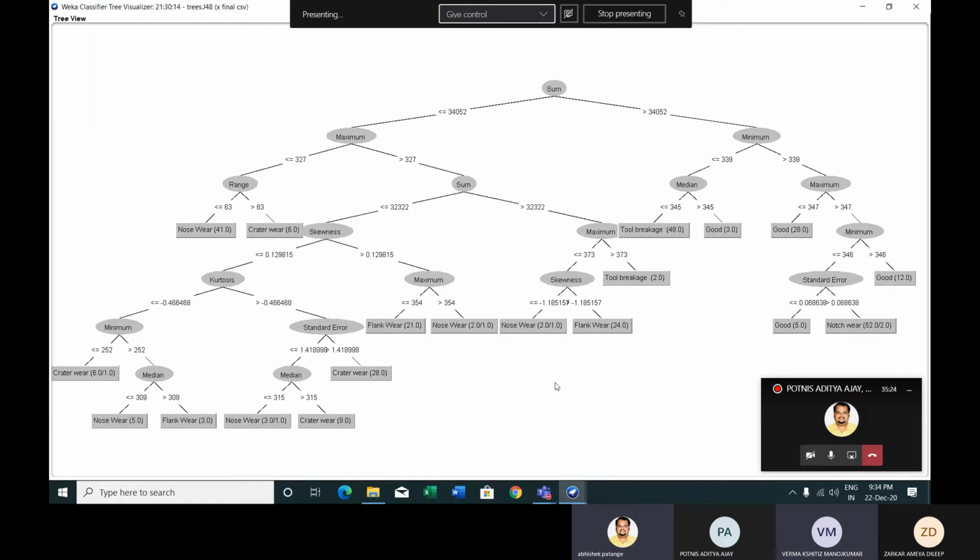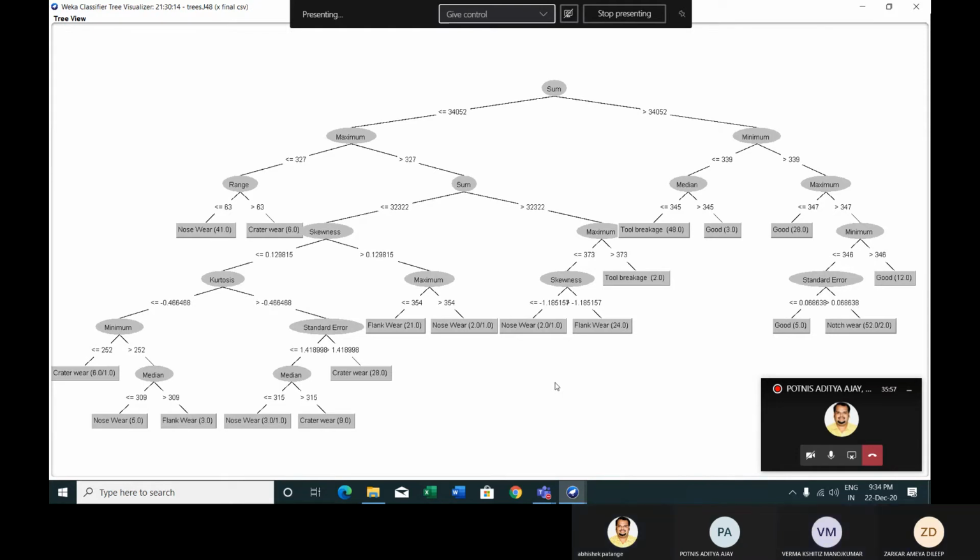Because in real time, when you implement this particular model, we are not aware which fault your tool is leading to. It will be completely dependent on the vibrations acquired with respect to change in speed, feed, and depth of cut. According to the vibration it will evolve, and if it matches some of the vibrations used in this particular model, it will be classified.